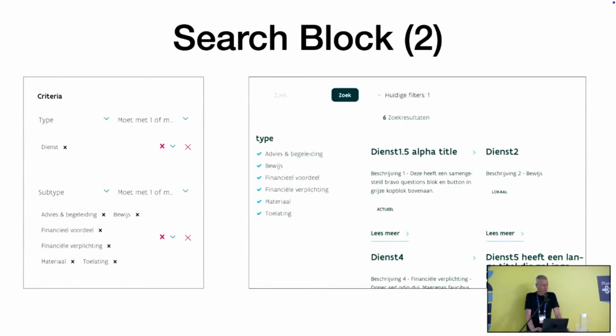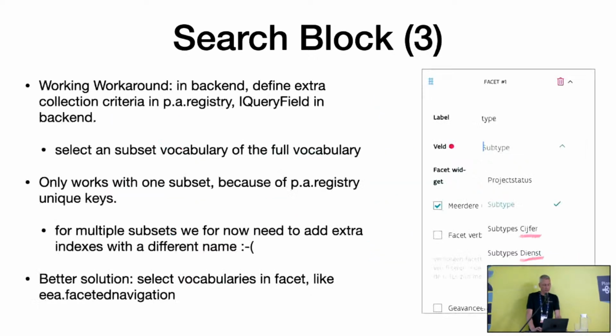What you can do is this: you just add it to the base criteria. You say, I have a subtype, select only these 5 subtypes out of the 10, and then it works. But as soon as you start to view it, for example, they're all activated.